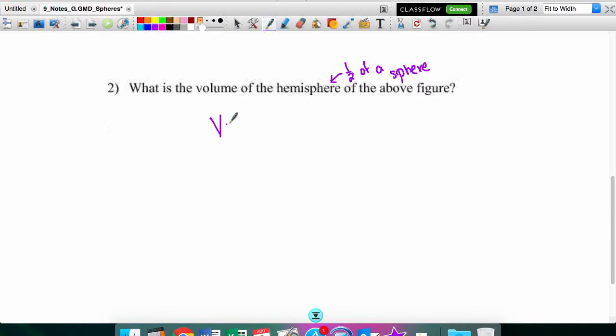To find the volume of a hemisphere, you're going to do 1/2 times our 4/3 pi r cubed. And it would work the same way. So 1/2 of 4/3 pi, and in this case, once again, we have a radius of 5. We could crunch the numbers. If you multiply 1/2 times 4/3 times 5 to the third, you're going to get